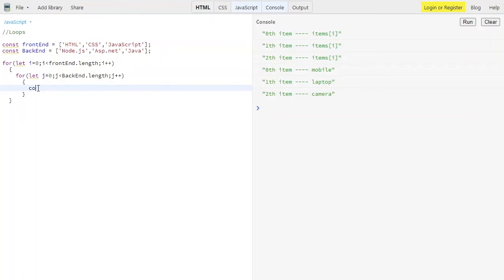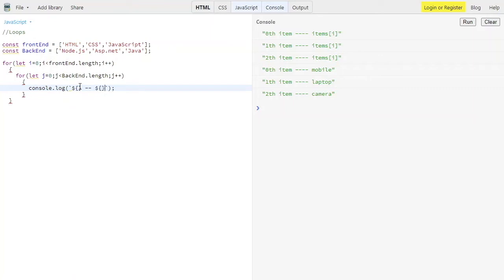I'm printing it over here with console.log, using interpolation, and I just want a matching set of front-end and back-end languages.